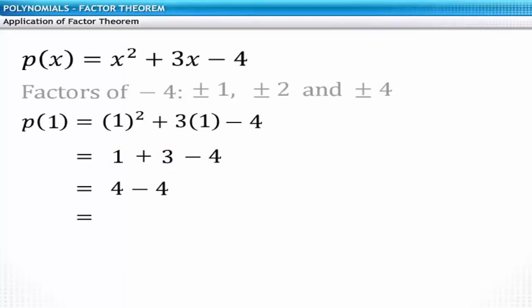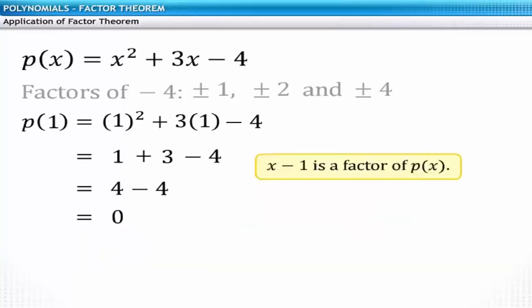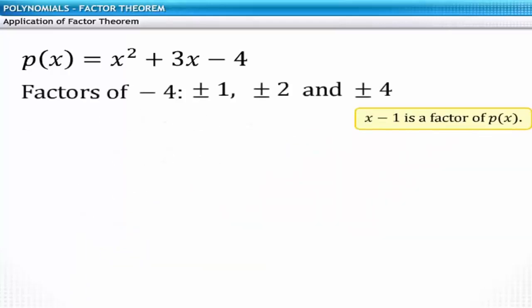Here the polynomial becomes 0. Based on the factor theorem, we can say that x minus 1 is a factor of the polynomial. By performing the same for all factors,